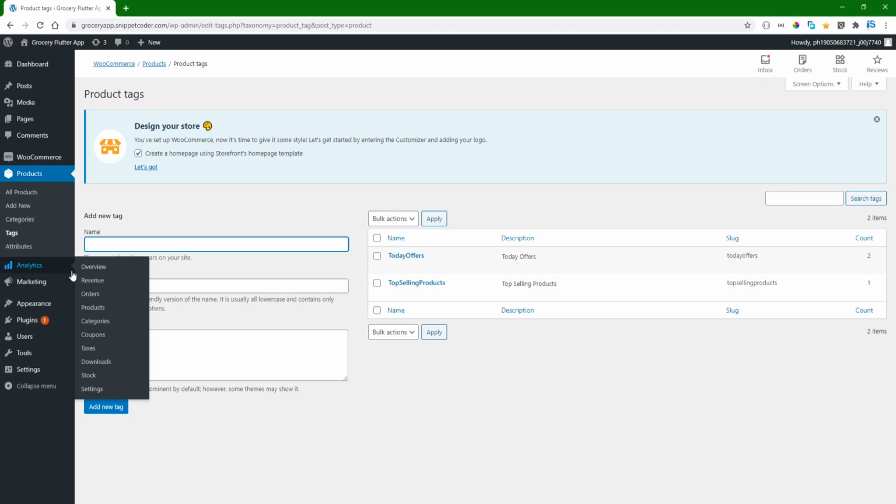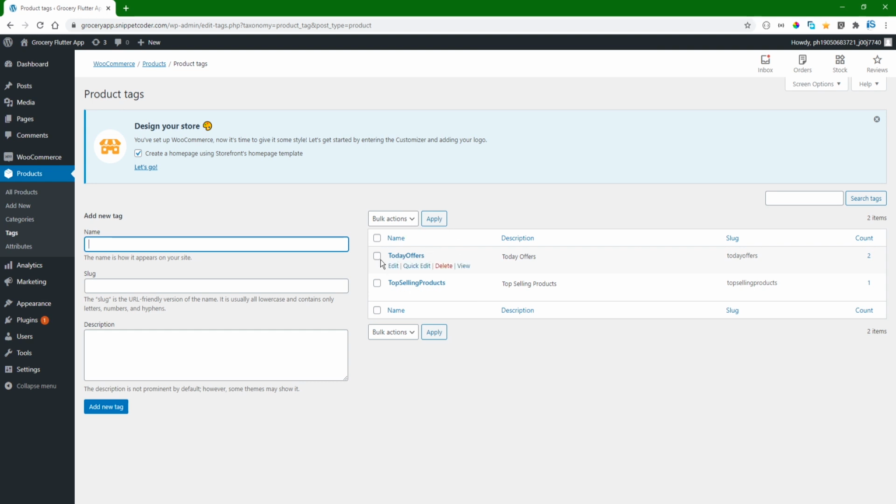So we will go to our WooCommerce portal, and there we have to go inside the products, to the tag page, and in the tags we have to add multiple tags. Suppose we have to show specific products inside a specific campaign, like the 2 day offer products. So we have to mark the products with those tags, so that the particular section will show those particular products on the basis of the tag only.